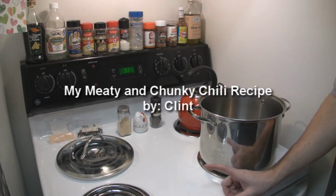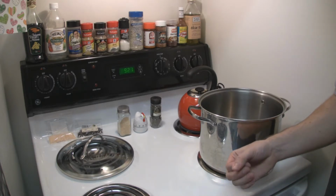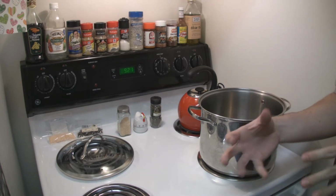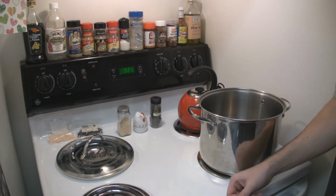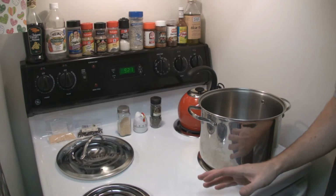How's everybody doing today? Today I'm going to be cooking for you my chili. I'm trying to layer a bunch of different flavors in the chili to give you a nice complex bite to it. This is also a man's chili, which basically means it has beer in it and cheese, and it's got at least twice as much meat as any chili that...